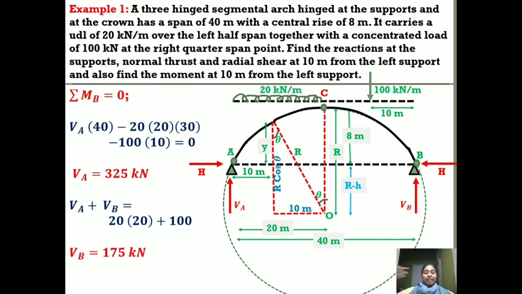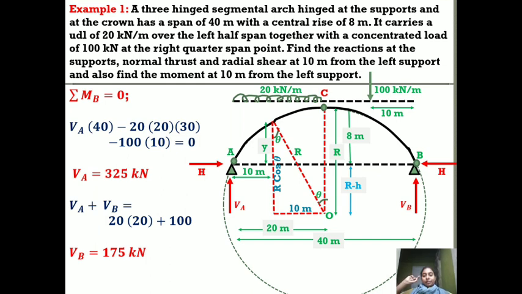So just recall what we have studied. We saw what a segmental arch is, how to mark the different components in a segmental arch, what the rise is, and why it is called a segmental arch. You can extend this segmental arch as a circle so that you will have a center. You can join the center to any point in the arch, and the distance will be equal to the radius. There will be a height h.